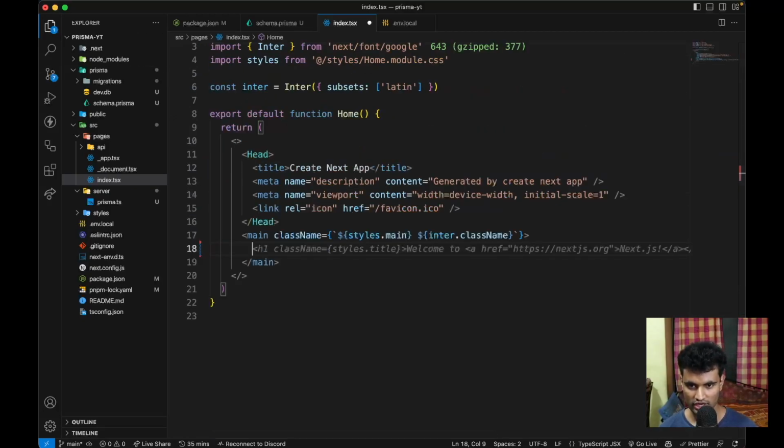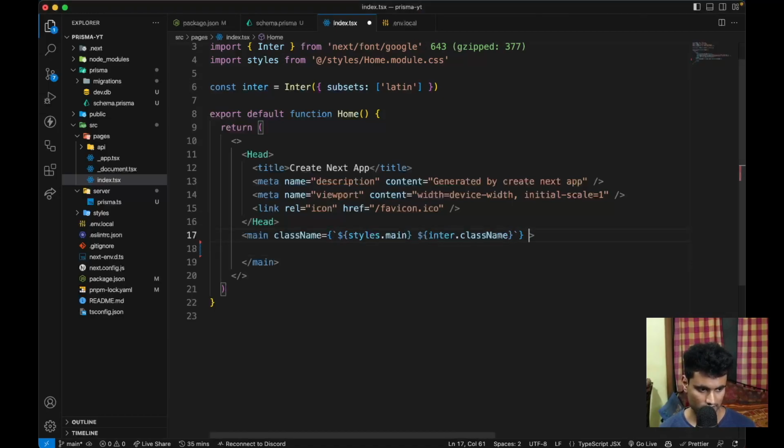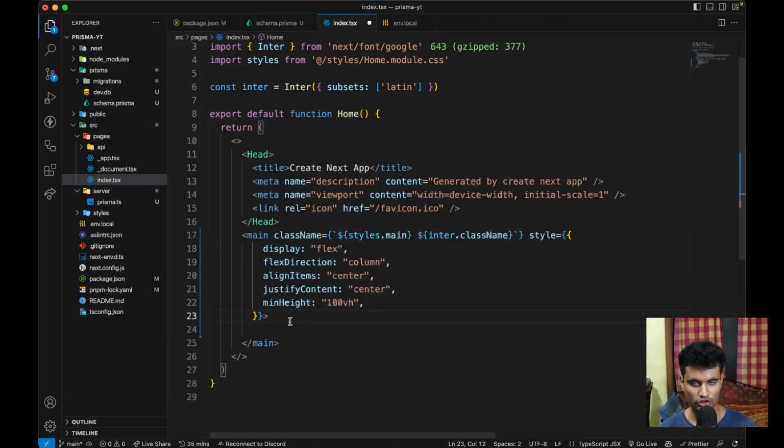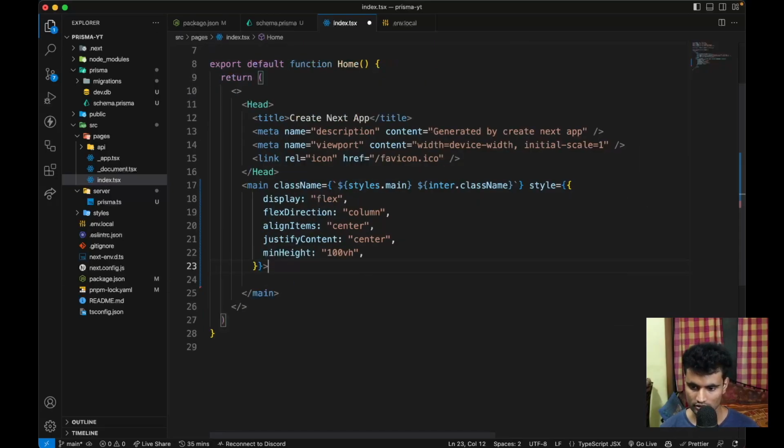And for the UI, I'm not going to use a lot of time here, so we are going to have some style for the main tag. So I'll just copy it and paste it here. If you want, of course you can use Tailwind and stuff, but since this is a specific database tutorial for Next.js, I don't really want to go into that. It will just waste your time. So yeah, now we have this JSX. I'll just copy this and paste it for you,